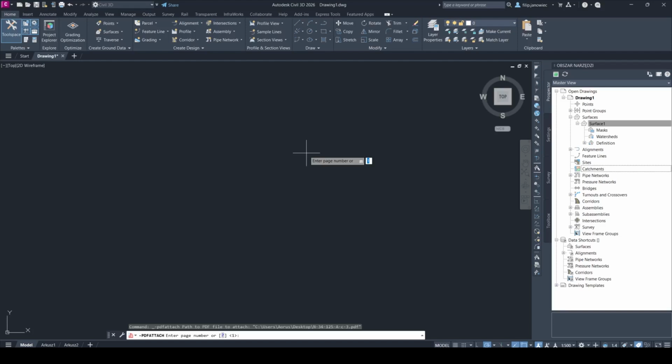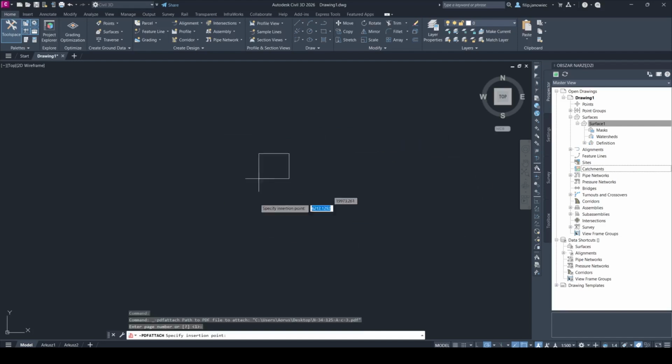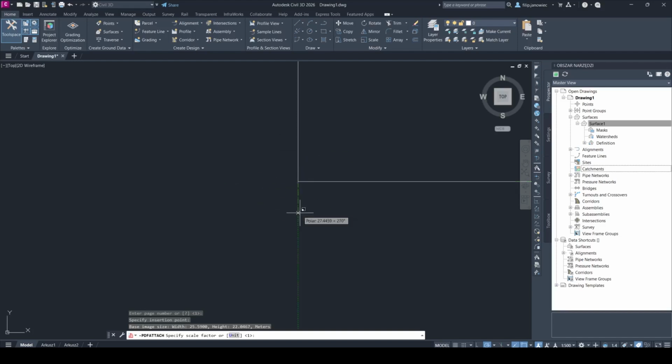Of course, it has only one page, so we click the enter button. Then we decide in which place we want to drop it, and then click with the left mouse button. Okay, and we use the scale option and decide how big or how small our PDF will be. So here I just press enter, and we can also rotate our drawing, our map, but I just